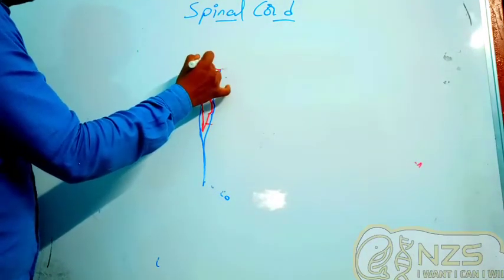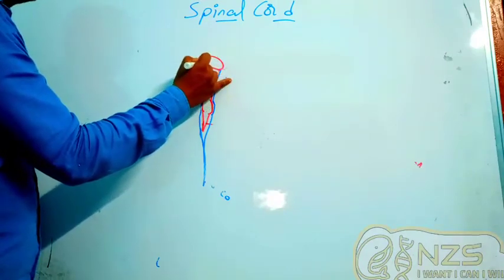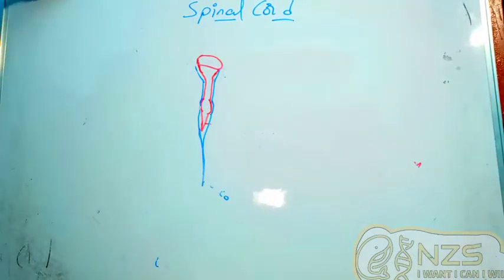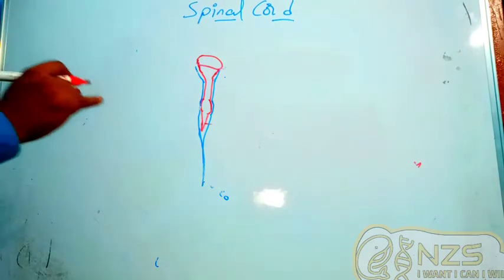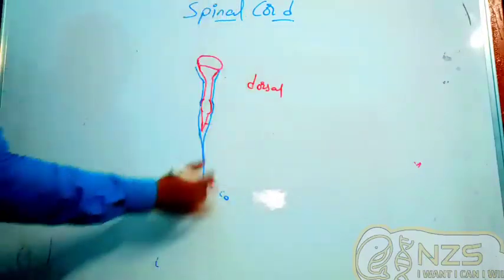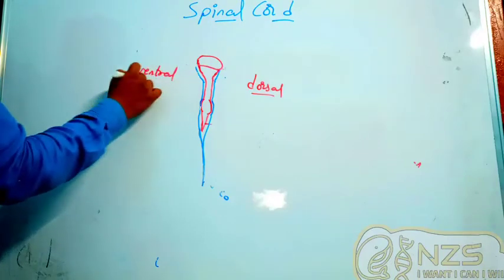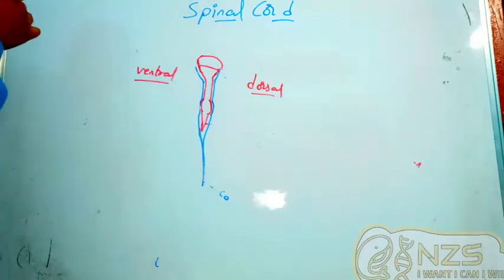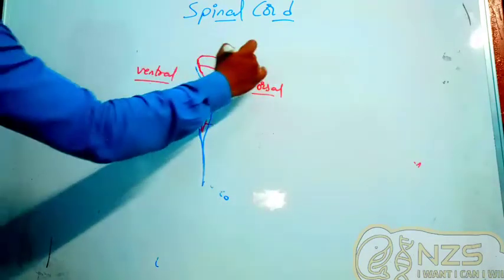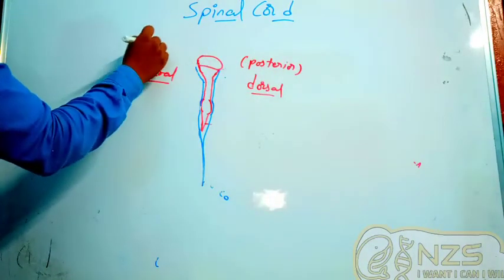Now as the spinal cord is a cylindrical structure, we can see a big round here. Okay, first of all we should understand the sides. These are the dorsal side of the body in the sagittal plane. When you take the sagittal plane, this is the dorsal side of the body, dorsal side of the spinal cord, and this is the ventral side of the body or the ventral side of the spinal cord. Now in the transverse plane, this is called the posterior of the spinal cord and this is called the anterior of the spinal cord.